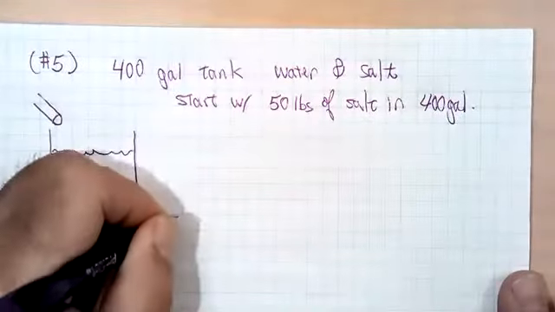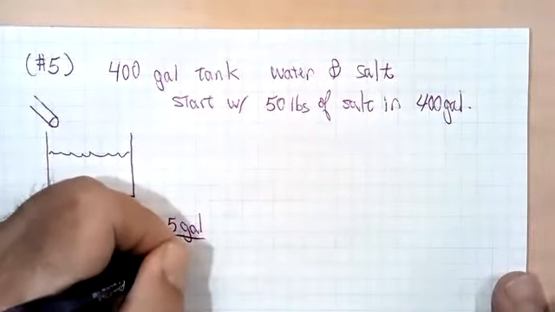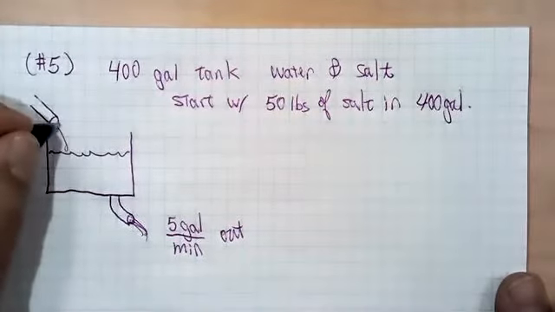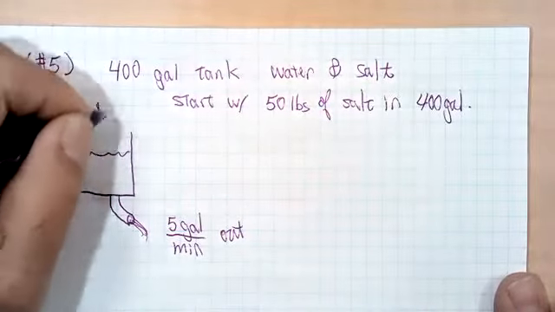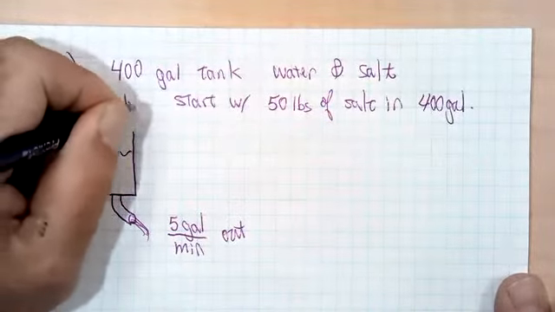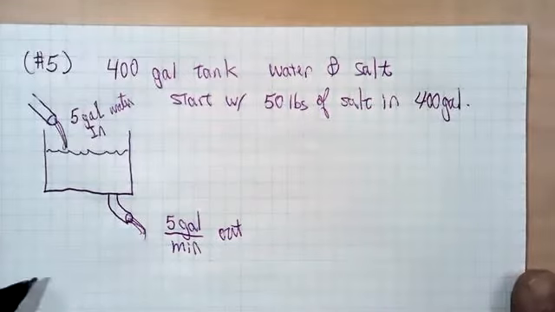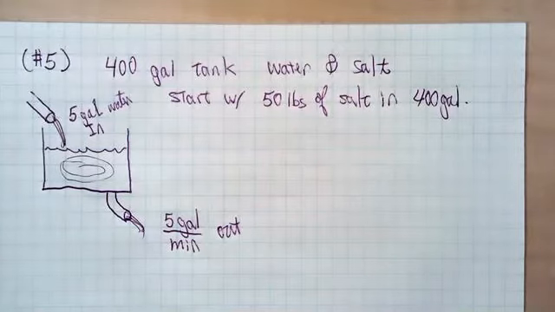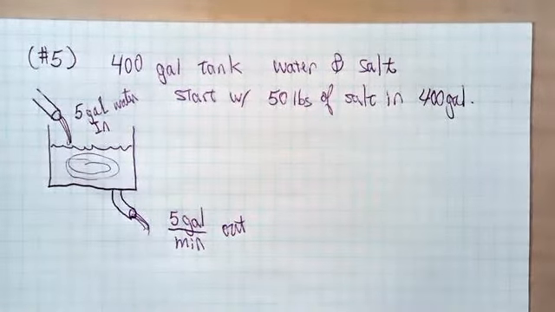We're going to drain 5 gallons of mixture per minute out of this tank. At the same time, we're going to put 5 gallons of pure water in. And of course, we need some kind of a stirring mechanism in here. And we're going to pretend, completely against anything reasonable, that the stirring is perfect so that the concentration of salt is always completely uniform